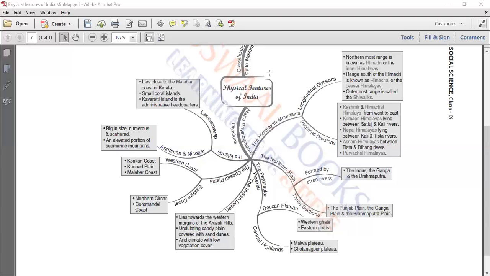So you all will do all the characteristics of the physical features. You all will do the comparisons, that is the difference between two physical features. And you all will do how one physical feature complements the other. This question was again discussed in your last class. How do these physical features complement each other?